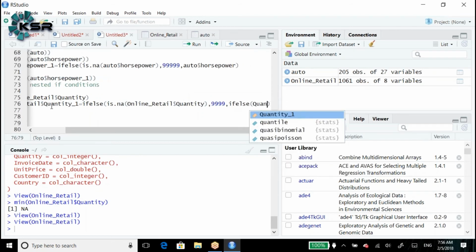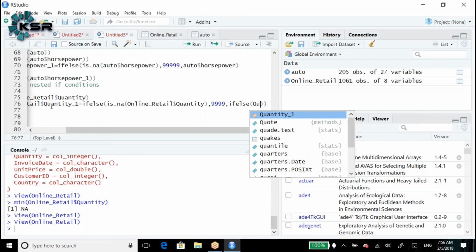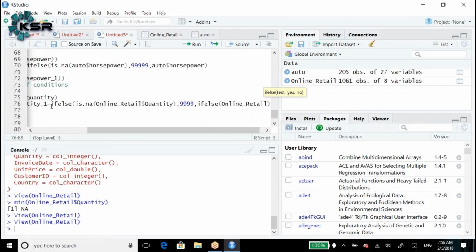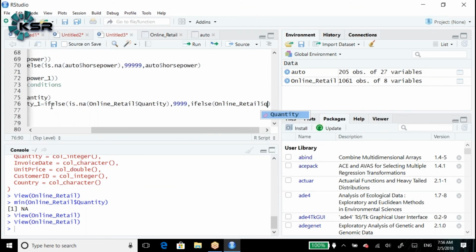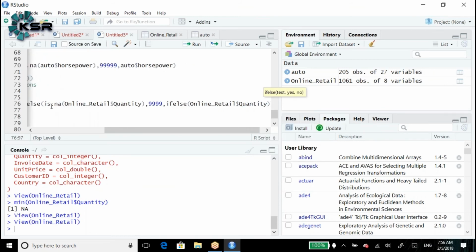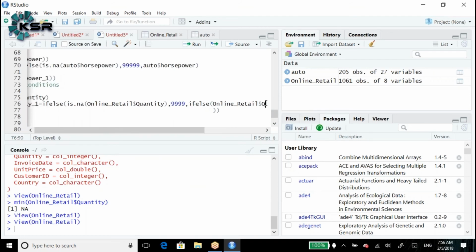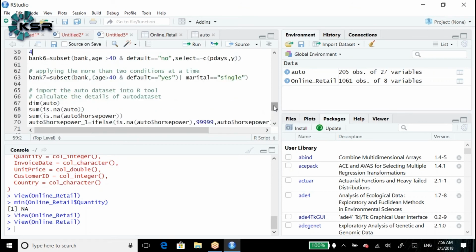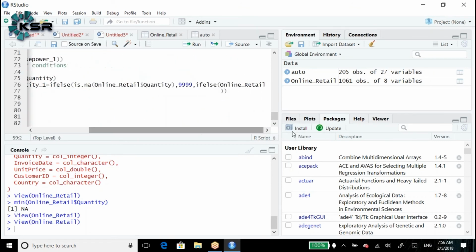Quantity, online retail dollar quantity, less than... sorry. Okay, let me write it down again.